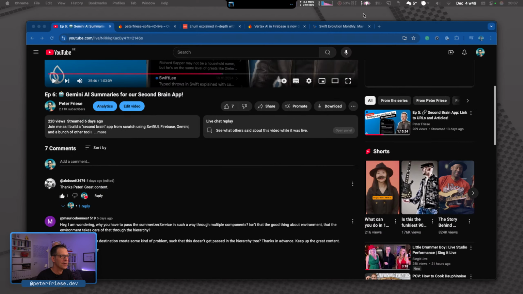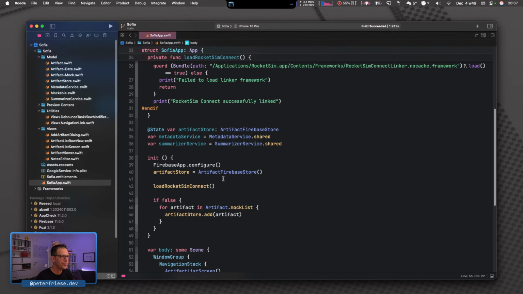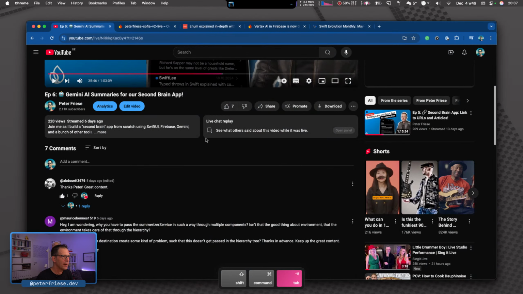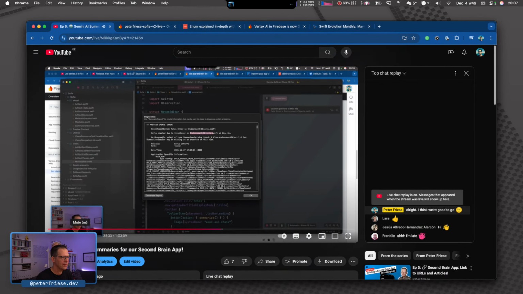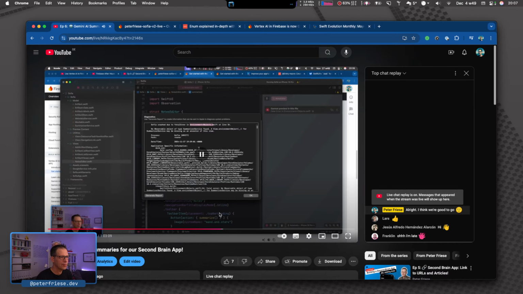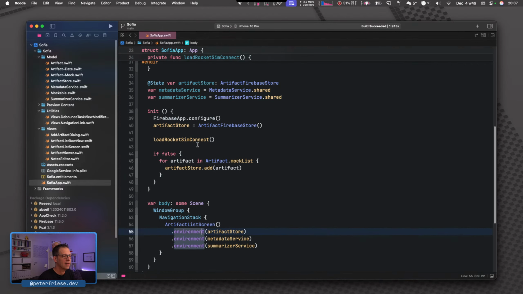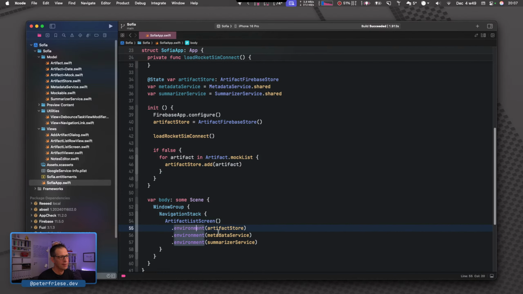And I looked into this, and let's go and look at the code. So you might remember if you watched last time, somewhere around here. Yeah, so we can see this is an error message, and I think this is about the preview not being able to see the summarizer service, and then we figured out, oh, it's not being passed through. So the problem is that it's very subtle.